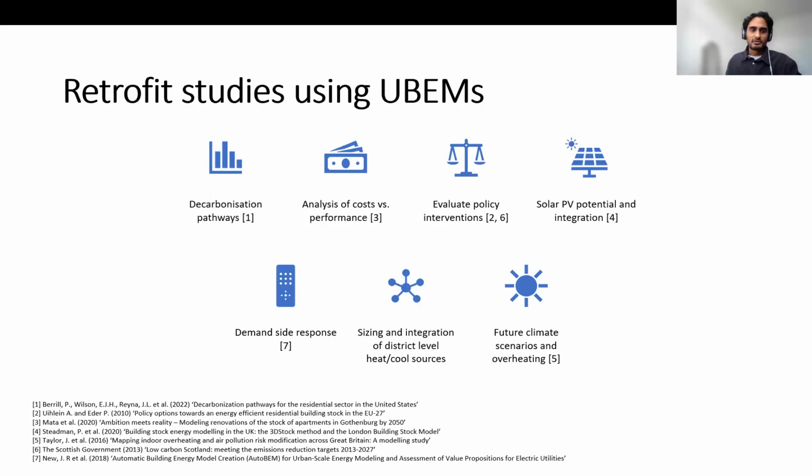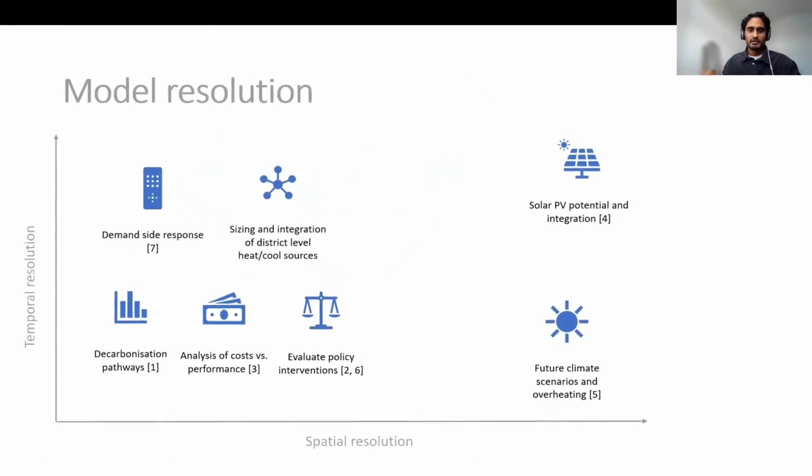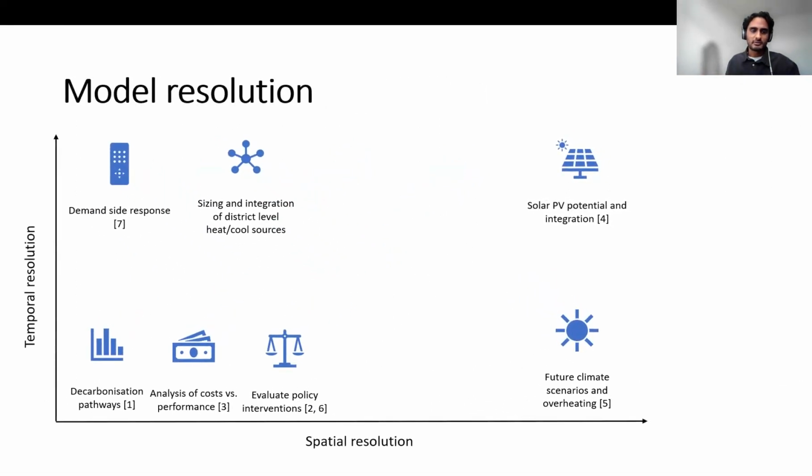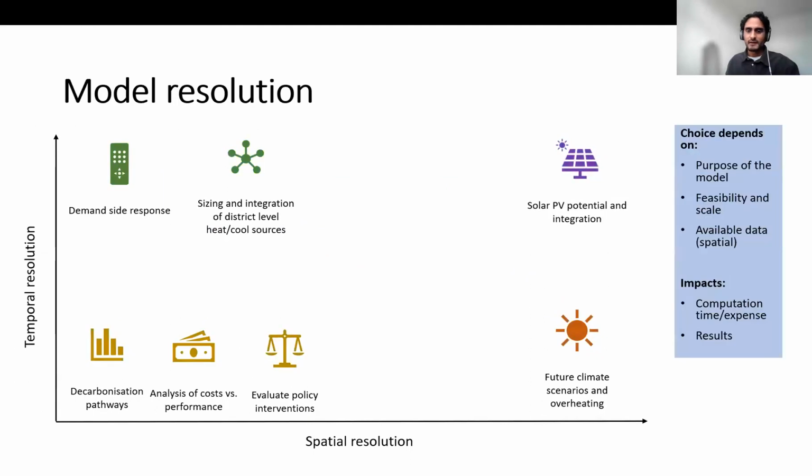I'll now talk about the modeling choices you may have to make when looking into these kind of studies. So I'll attempt to lay these out in terms of temporal and spatial resolution. So there's a choice to be made around both of these resolutions. And I've placed these types of studies in the 4 quadrants ranging from, if I just bring my point here, low temporal resolution to high, and the same with spatial from low to high. So these may not necessarily be the case for every study doing this kind of analysis, but this is just intended to give an idea of what modeling decisions you'd need to make if you were approaching this kind of problem.